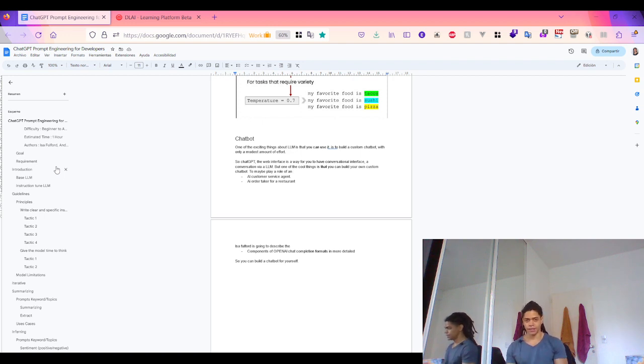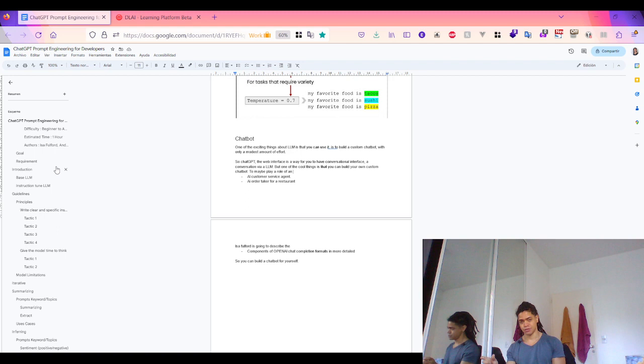And so, see how LLMs work, best practices for writing prompts, as well as how you can use large language model APIs